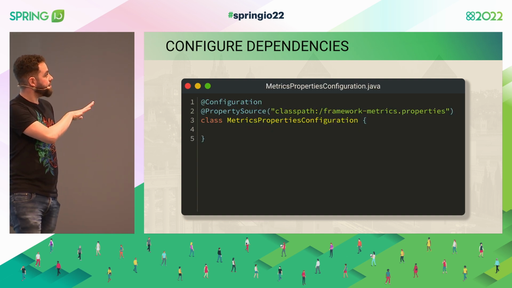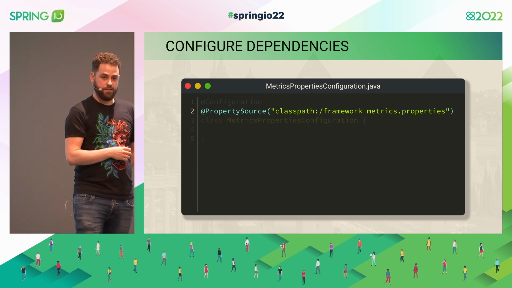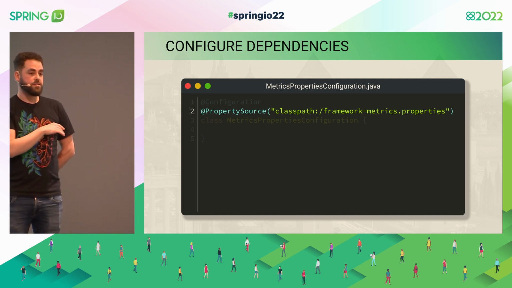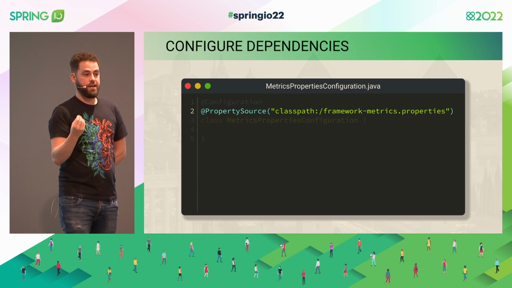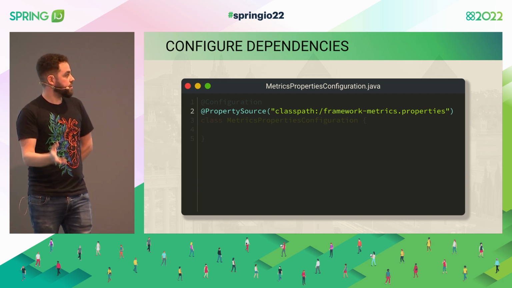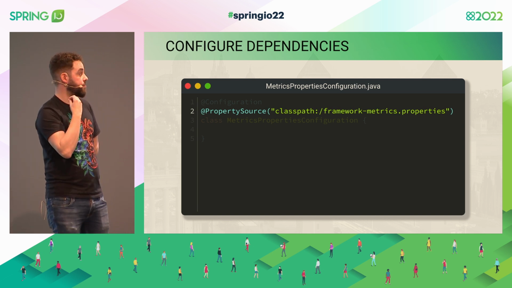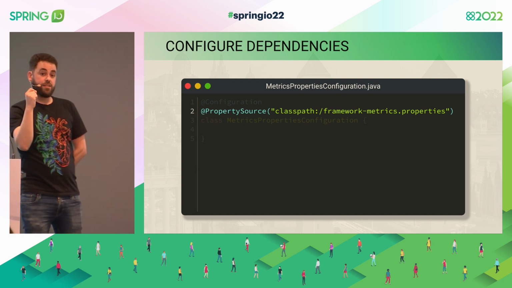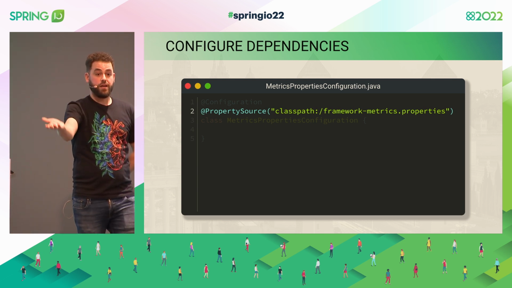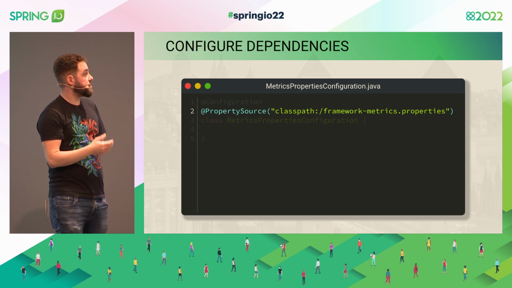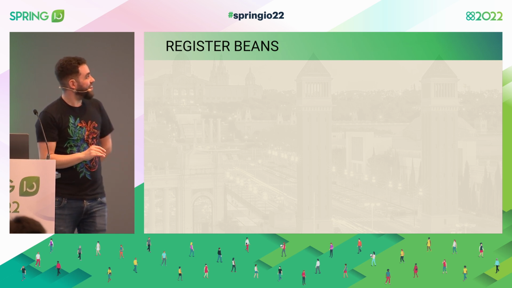So, OK. And then the key part is we can provide a configuration class from our library. And we can add this nice line here, property source. What we're saying here is, I want this configuration, when it loads, to also read this properties file and apply the properties. So now what we're doing is, those properties from before are going to be evaluated from the framework side. So we don't have to add them. And the precedence is lower again. So if my application has a different opinion, it can just replace any of those properties that are set there. The application properties will just take precedence, so it's going to override. It's customizable. It works out of the box if you don't have a different opinion. So far, so good.